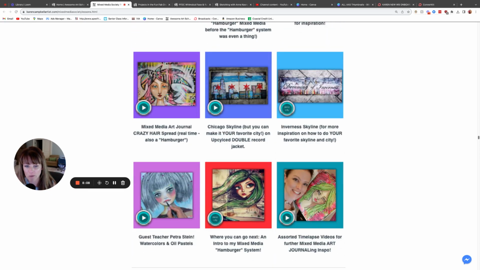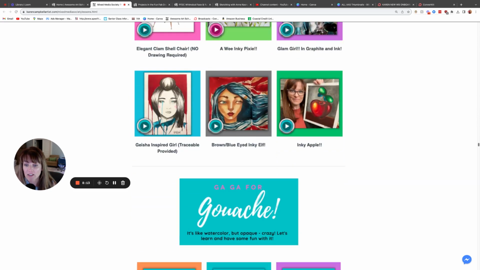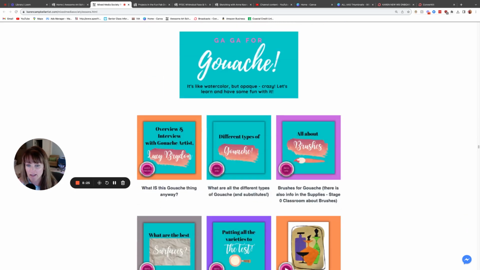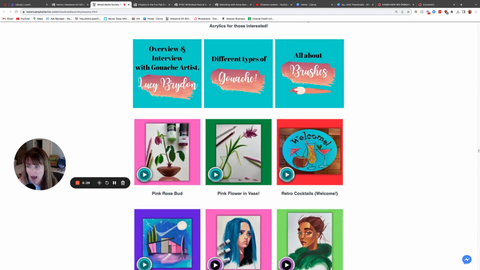And the hamburger classroom actually appears a little bit later. But you can also search for classrooms by individual art supply. And in those classrooms, we have gouache, fountain pen inks, watercolors, encaustics, so many things, acrylics. Those are designed to go in order so you can really master them.